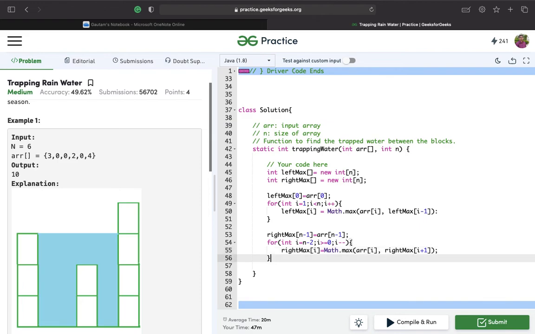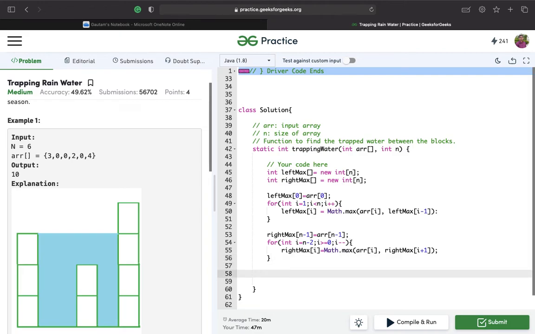So this will give us both the leftMax and rightMax arrays, and now it is time to find the amount of water trapped. So let's make a temp variable called res, which will store the total amount of water trapped.